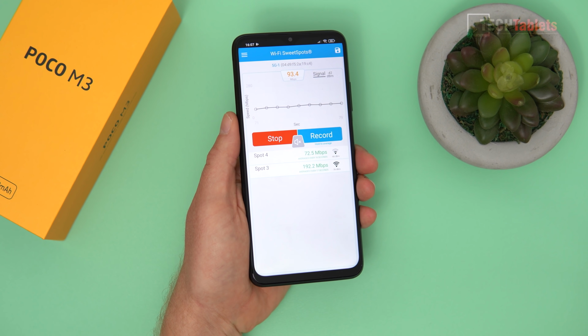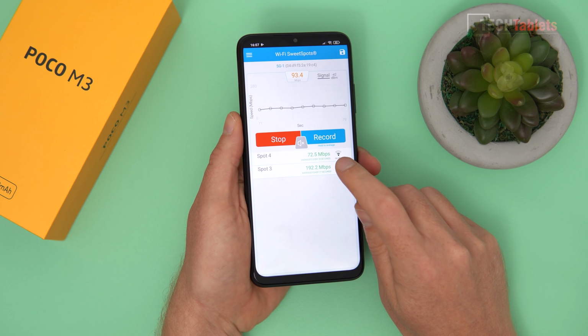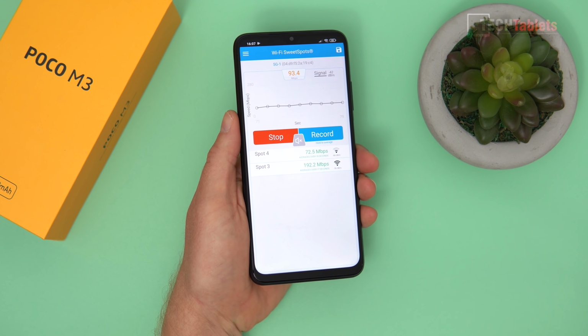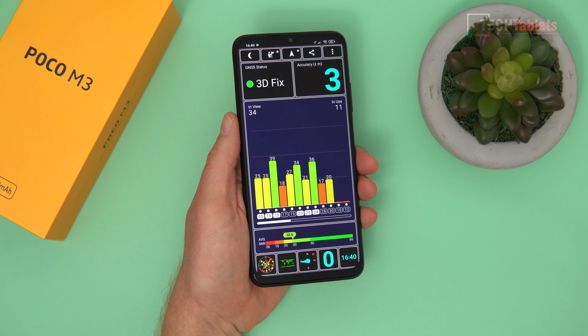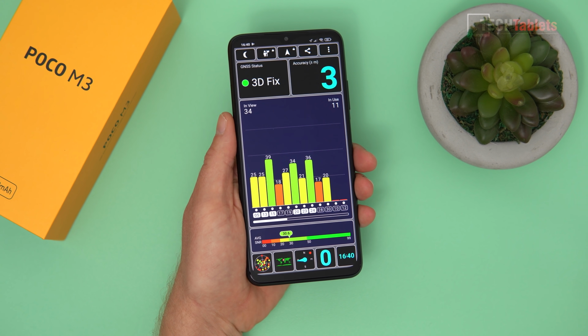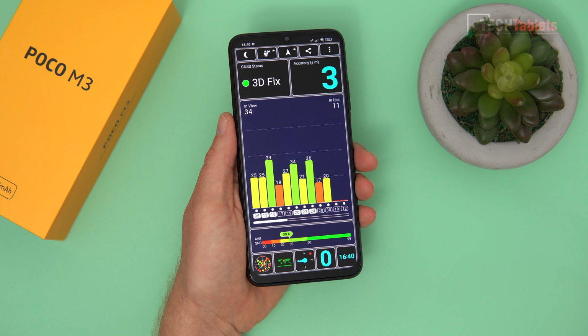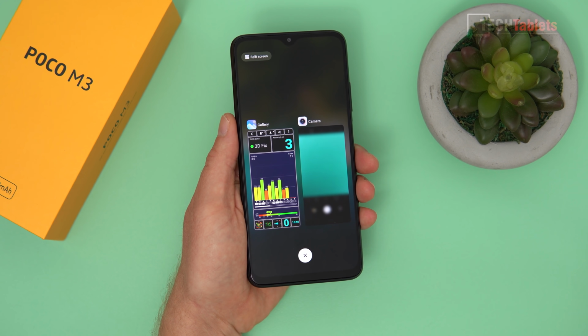Up close to my router, I can get almost 200 megabits per second. Good, that's fine, considering again the price. Away from my router, 72. Yeah, it's okay. I mean, it's not amazing, but I can still download things. GPS is also working just fine. So in those aspects with the performance, I think for the category being a value, budget phone, and the price, if you get it for that amazing price, yeah, it's not too bad, but it's just certainly that system UI